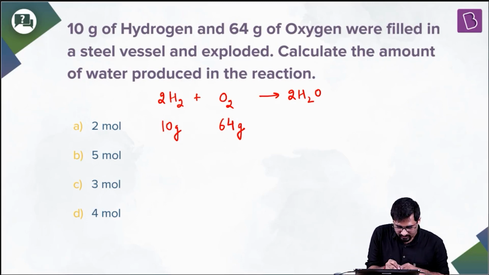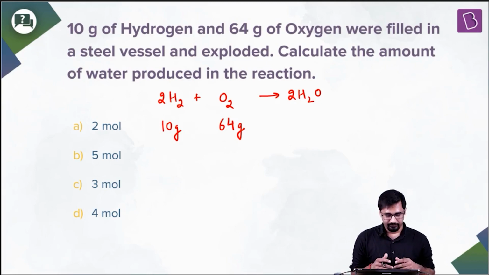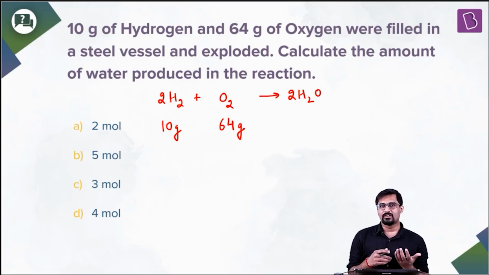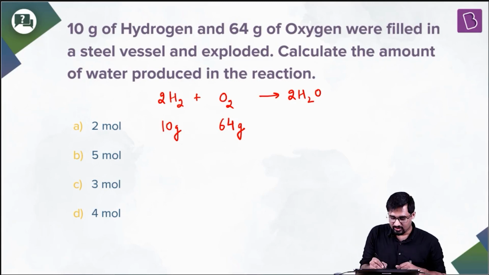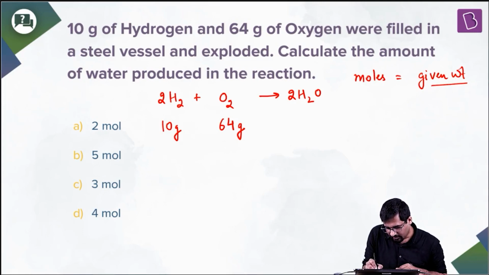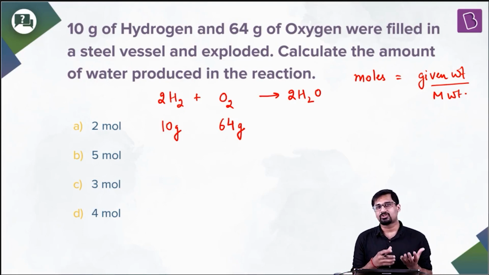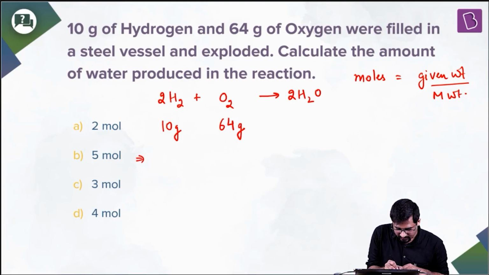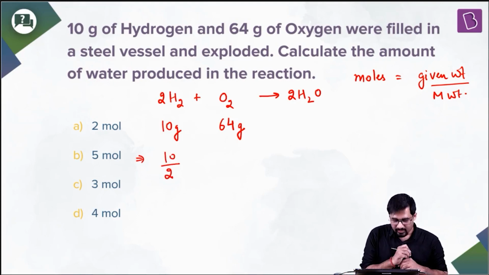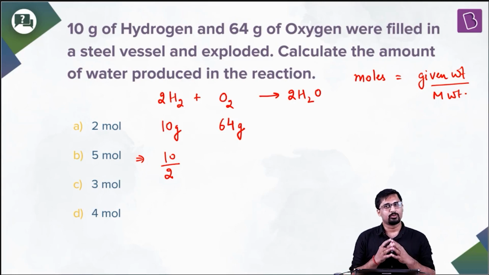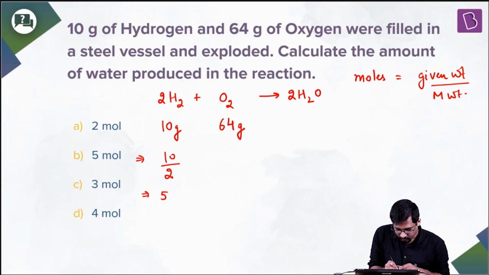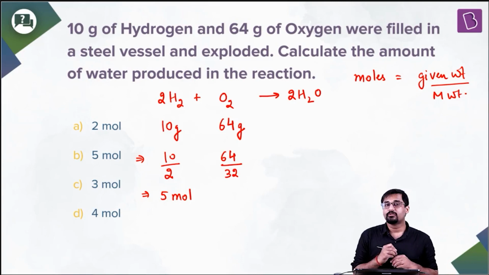Let's do this. Now let's convert these weights into moles. First of all, we know that moles can be calculated from weight by using the equation moles is equal to given weight upon molar weight. So using this equation, let us convert this weight of H2 and O2 into their moles. So you can see the moles for H2 becomes 10 upon 2, because we know that molar weight of H2 is 2 grams per mole, and this gives us 5 moles for H2, and the moles for O2 will be 64 upon 32, because we know that the molar weight for O2 is 32 grams per mole,